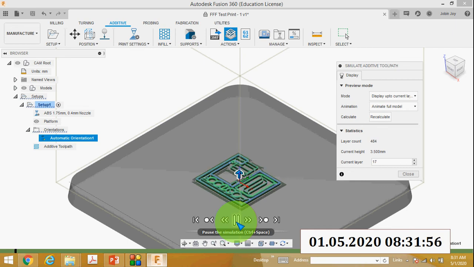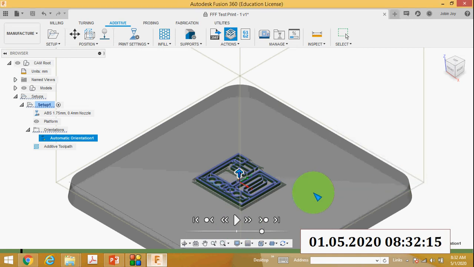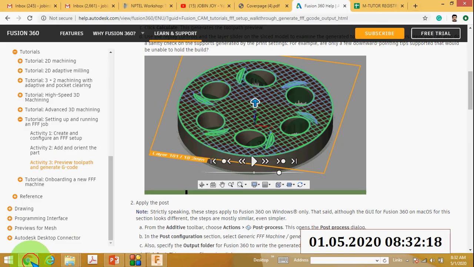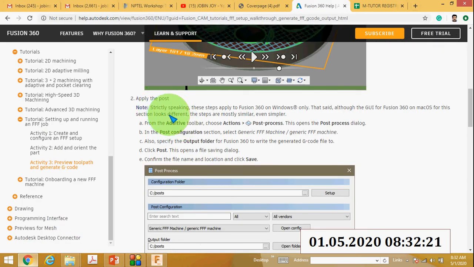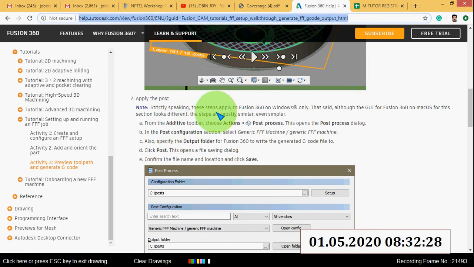On the screen you can see the additive manufacturing going on. In this way you can see the simulation. Okay, I just close this.